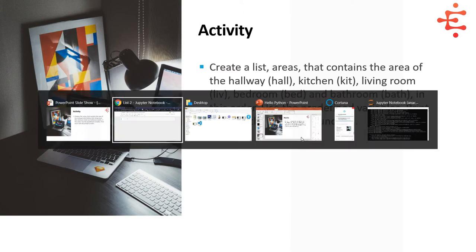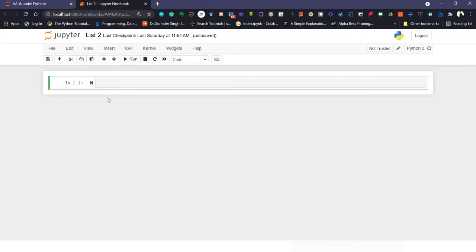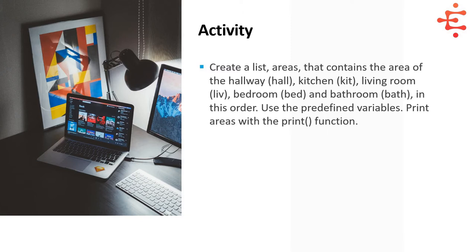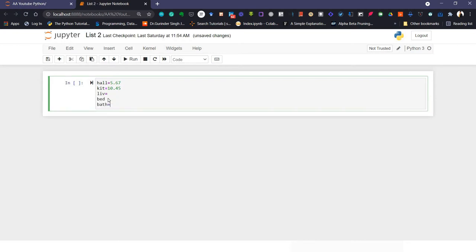So I'm moving to my Jupyter notebook, and you can see here in the slide we have a list that contains area of hallway, and this is hall. I'm taking 5.67 square feet, and then kit I'm taking 10.45. Then we have variable live bed bath. We have all these variables. I'm taking specific values for